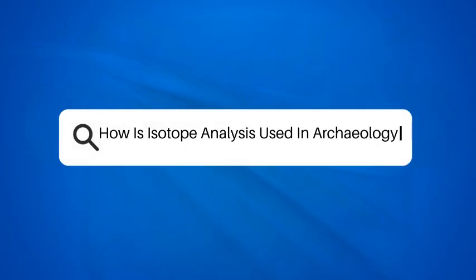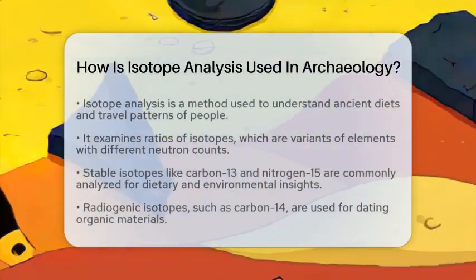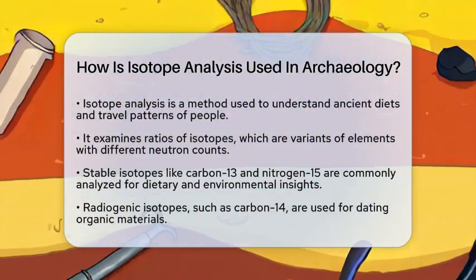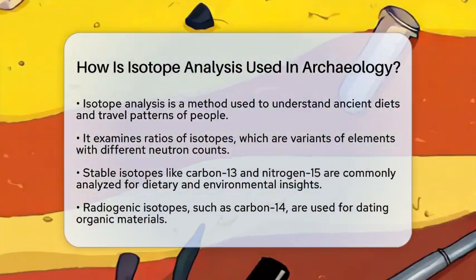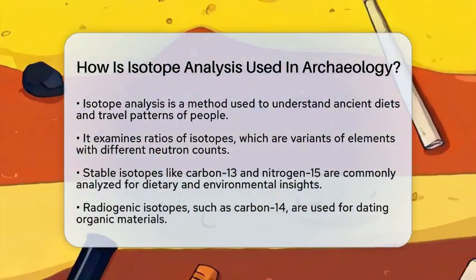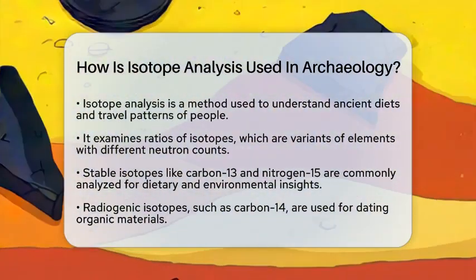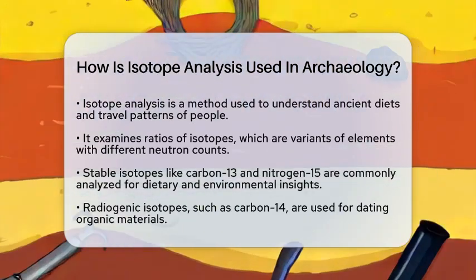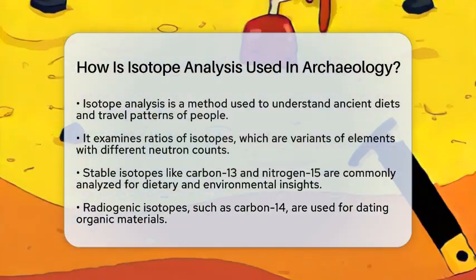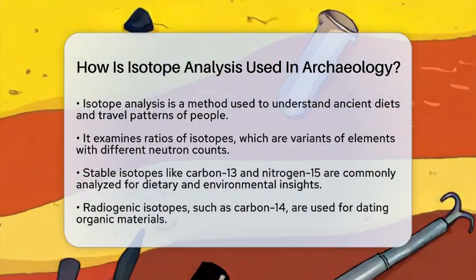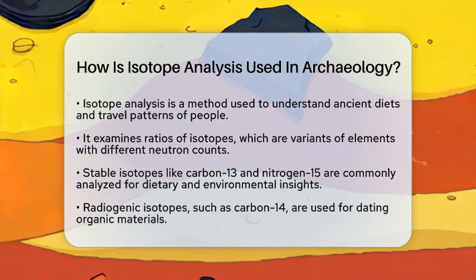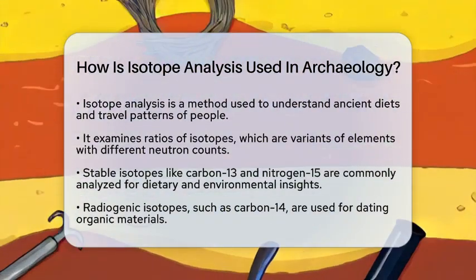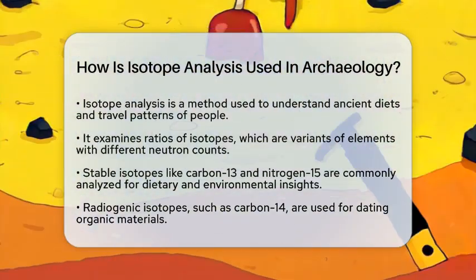How is isotope analysis used in archaeology? Have you ever wondered how scientists can tell what ancient people ate or where they traveled? One of the tools they use is isotope analysis. This method studies the ratios of different isotopes, which are variants of elements that have different numbers of neutrons. By analyzing these isotopes in materials found at archaeological sites, researchers can learn a lot about past human behavior and